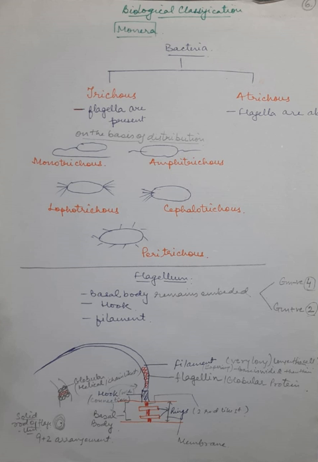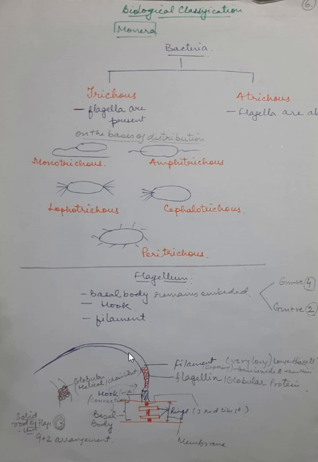This is how the structure of the flagellum is. So here this complete structure, that is the basal body, then the hook, which is the connection between the basal body and the flagellum. And I told you that the filament of this flagellum is very, very long. Normally we draw the structure of this flagellum shorter, but it is longer than the structure of the cell. It is bigger than the structure of the cell. But normally we draw the shorter structure.